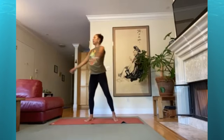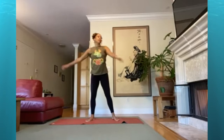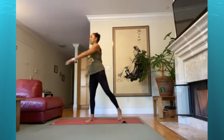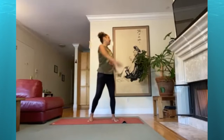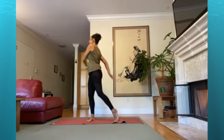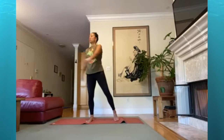And this is a really good exercise for just kind of clearing out any stagnation in the lymph system, kind of detoxifying, getting some dynamic breath and movement in the body. Chin parallel to the floor, kind of bent knees here, a tiny little bit of a squat in the knees. And then as you shift to the left side, your right toe will lift off the ground slightly, and shift to the right side, your left toe will lift off the ground. And then as you get going here,